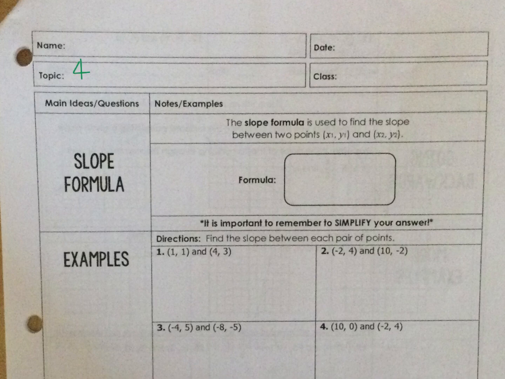All right, we are in the same packet. It's still the 4-1 packet. This is page 3, okay? So we are going to write the slope formula down. We know the letter that always represents slope is an M. So M equals